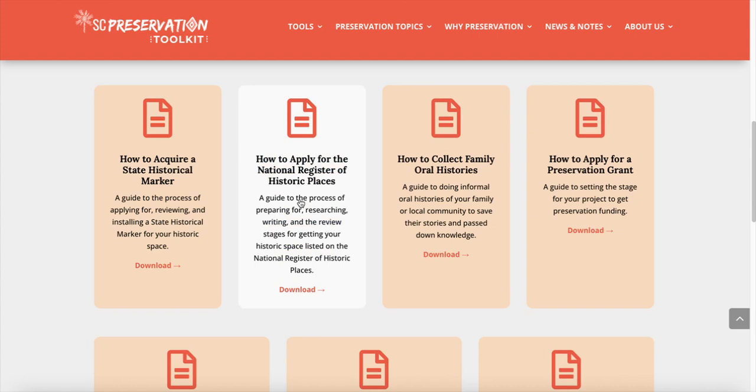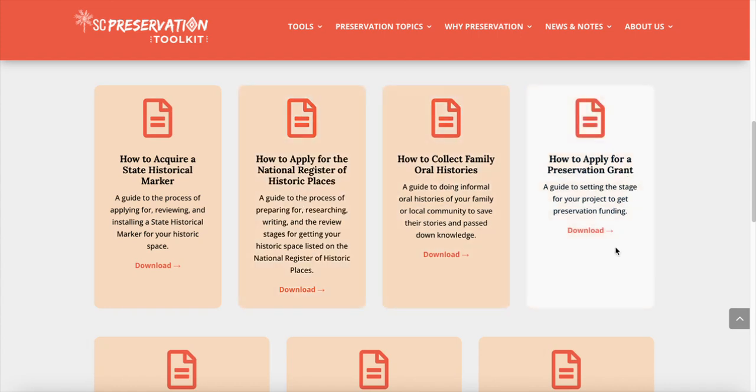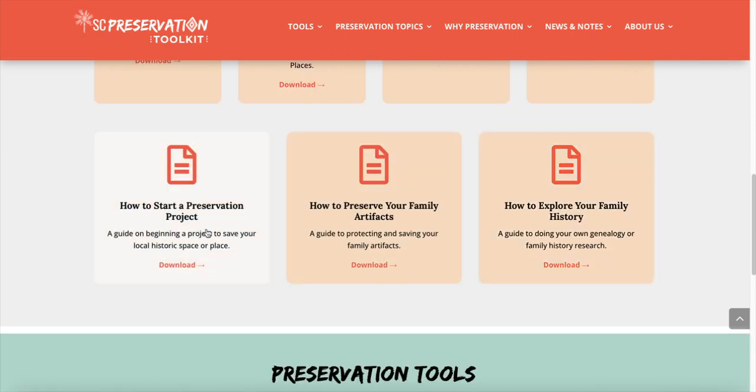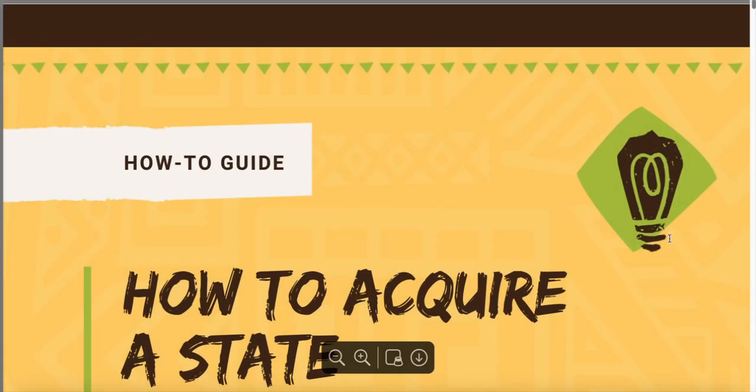We have how to apply for the National Register, how to collect family oral histories, how to apply for a preservation grant, how to start a preservation project, how to preserve your family artifacts, and how to explore your family history. If we go back up and click on how to acquire a state historical marker, you will open this